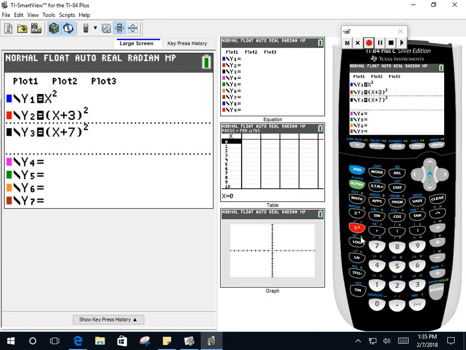Okay, so now I've typed them in, y equals x squared, y equals x plus 3, all in parentheses squared,